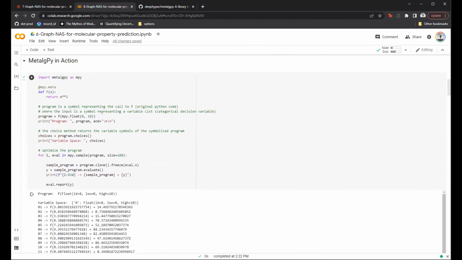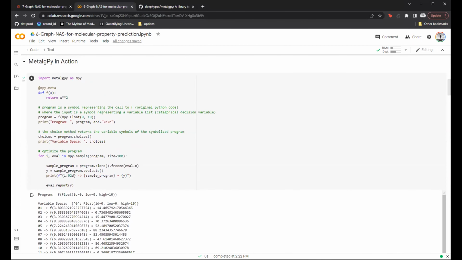And before I go in, I wanted to showcase two examples which would give a decent idea as to the power of the expressiveness of MetalGPY in its ability to transform any Python program into a symbolic expression. So that would mean your TensorFlow model, your scikit-learn model, or something as simple as an algorithm for a traveling salesman problem.